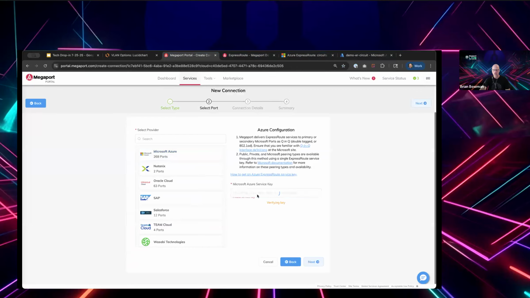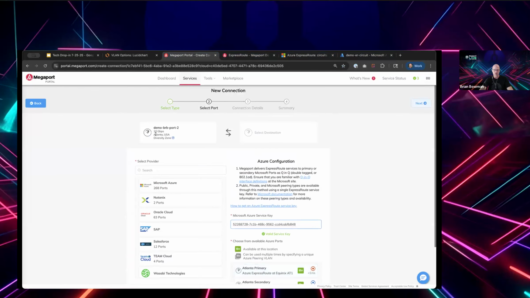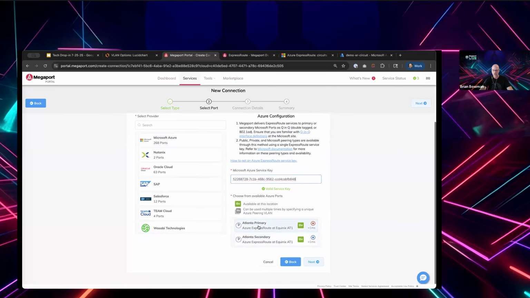Paste that service key in. And right now, just so you guys know kind of what's going on in the background, we're just doing an API call to Azure to see where the service key was created. In this case, it was created in Atlanta. It's going to say, hey, between my data center and data bank here on the left, I have a blue diversity zone, and I can connect to Azure at this Equinix facility, and it's approximately 1 millisecond away from a